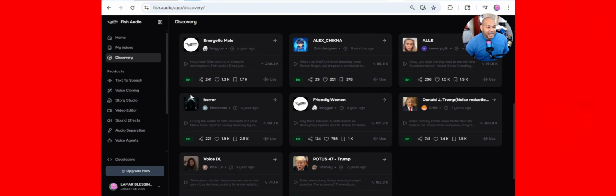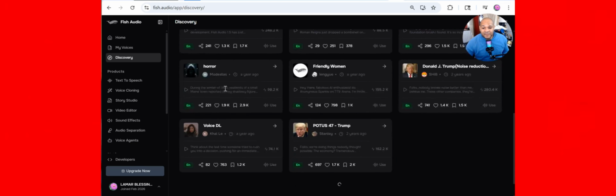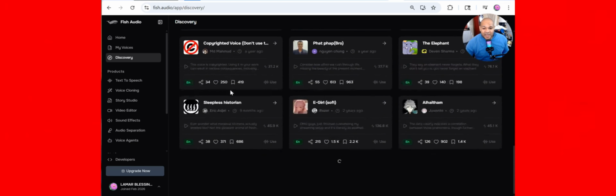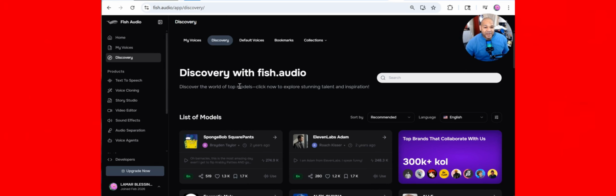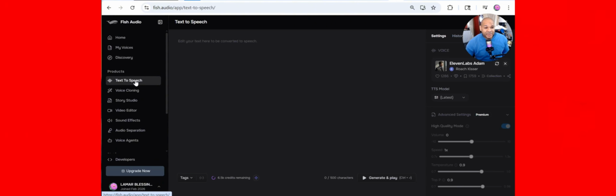Okay, so that's just basically a small sample. I mean, there's different things. Everyone put some stuff up here, so you could change the voices. You could bookmark your voices. Now we have collections. You could create collaboration and stuff with other people. That's powerful right there. And then you have the text to speech, where you basically could take all the text that you put out there, and then you could generate the play. Now remember, there's a free version and a paid version, and we're going to get into all that today.